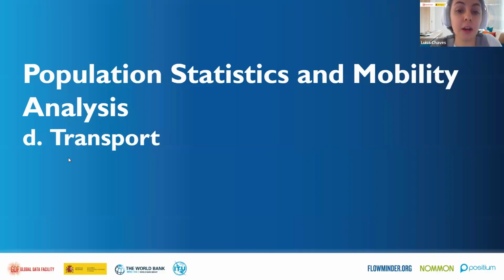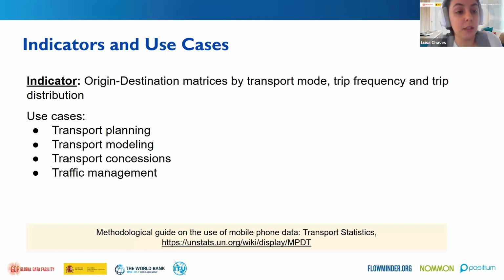Another important area that currently relies on mobile phone data is the transportation area. Transportation agencies around the world are increasingly using mobile phone data either as a primary source for reporting, planning, and operation, or as a supplement to traditional sources like travel surveys and ticketing data. Some of the key benefits of using mobile phone data in transportation include lower data acquisition costs compared to traditional sources,